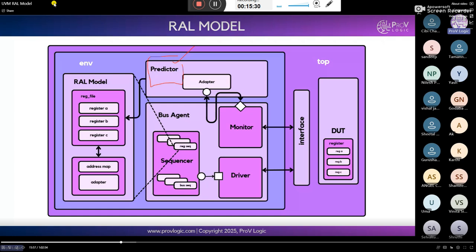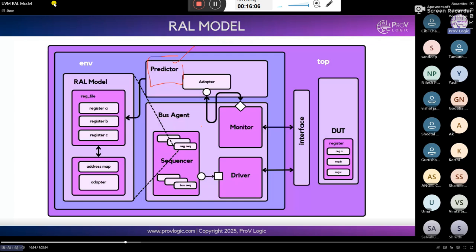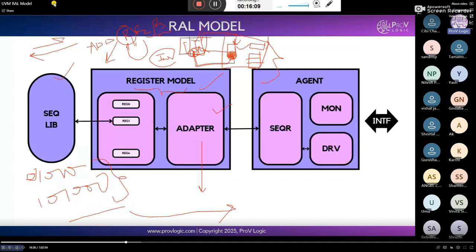Okay, everyone clear till here? Yes. Any doubts till here? No, ma'am. Others? Ma'am, this diagram is different from the previous one. In the previous one, the predictor is not shown. This is just a top level block diagram. This is the internal one, I will explain clearly. As of now, whatever I discuss, is it clear?